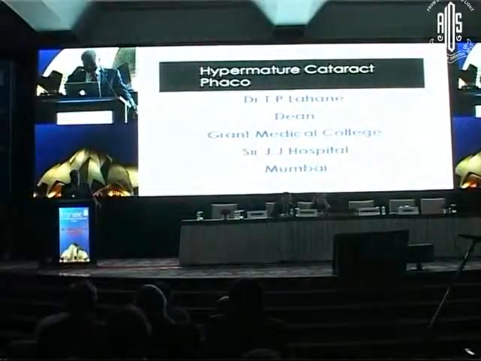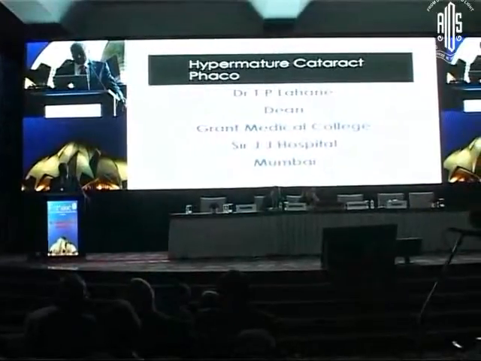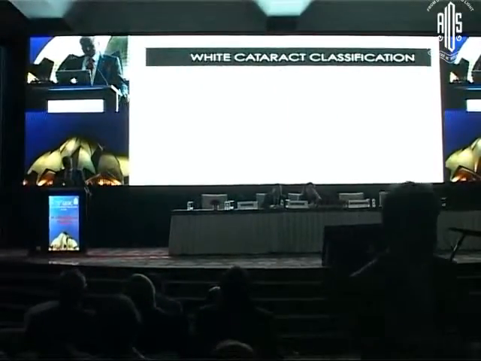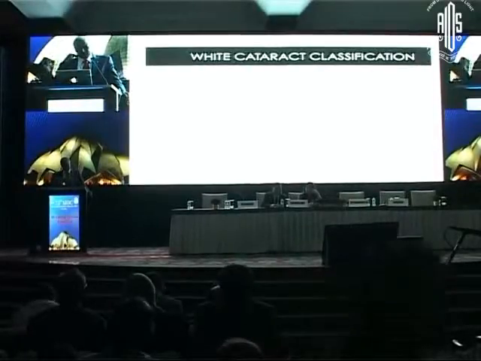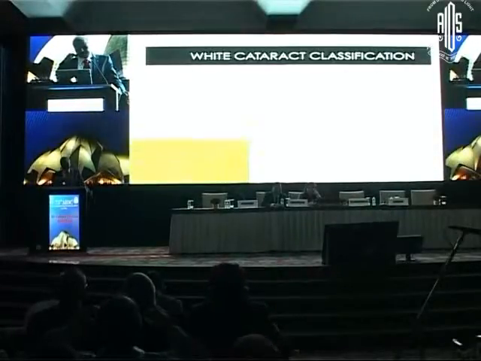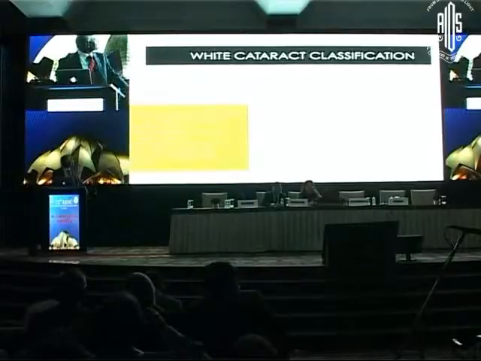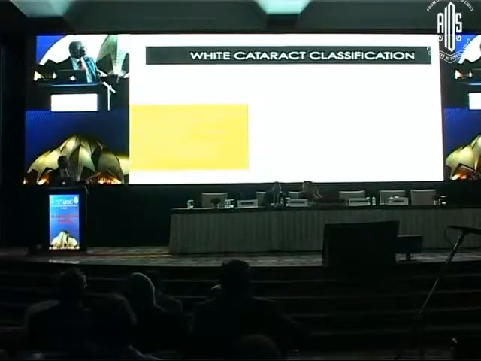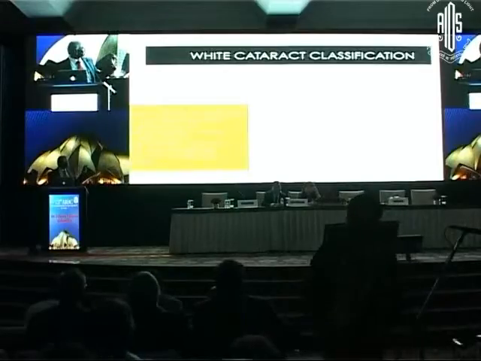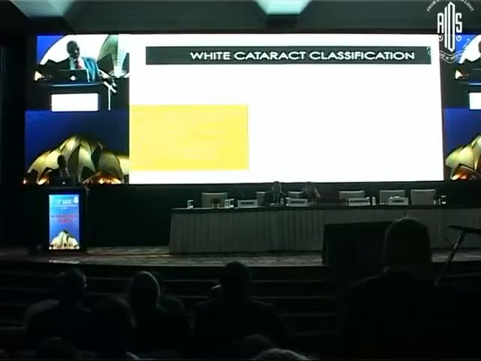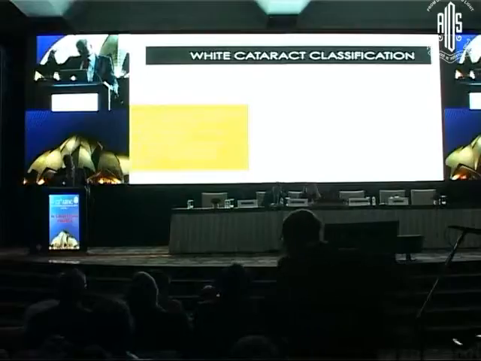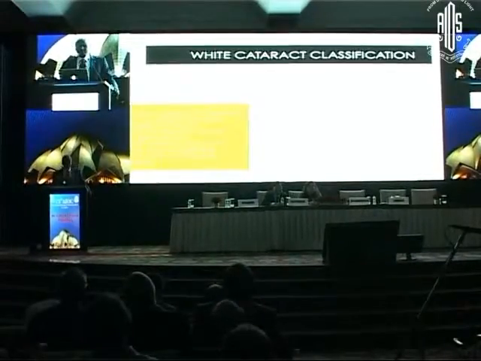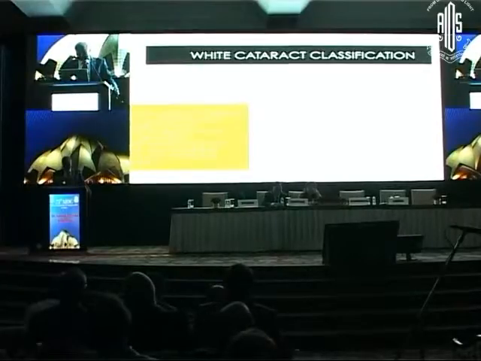As we are in India, we get all types of hypermature cataract, and those are classified into A, B, C, D. So those are 4 types of hypermature cataract. And here you can see the subcapsular cataract. Now this can go to maturity, and posteriorly there may be a defect, and that may trouble you when you are operating.